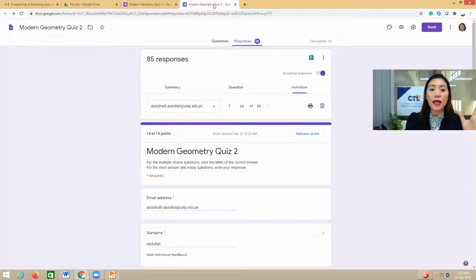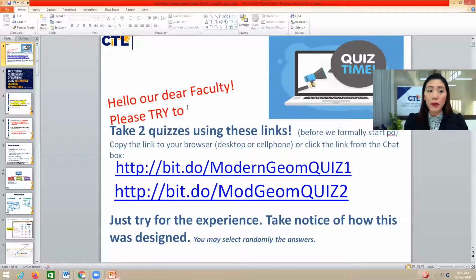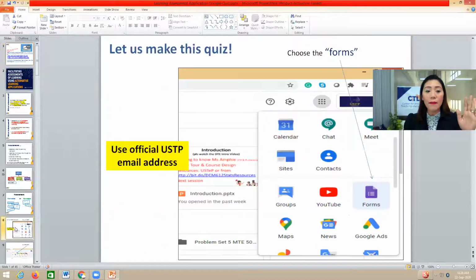Rather than having them submit it, having us design it and have them submit through Messenger, that can be a burden to the faculty, because the messages pile up in Messenger and the professors have to go through them one by one. So, we hope you're going to consider that, but I will live demo how we're going to do